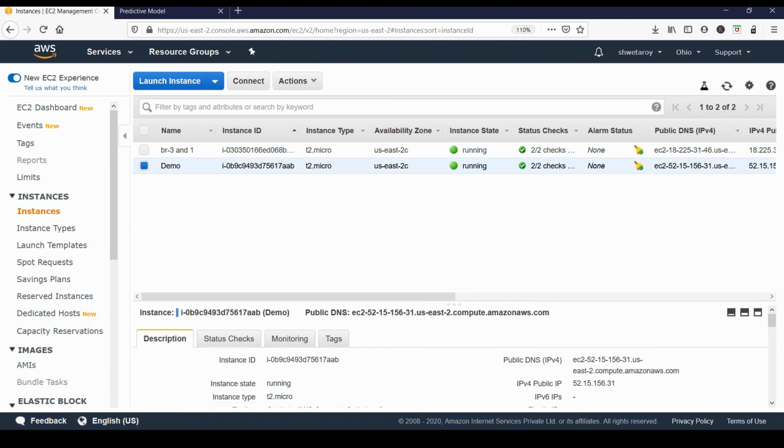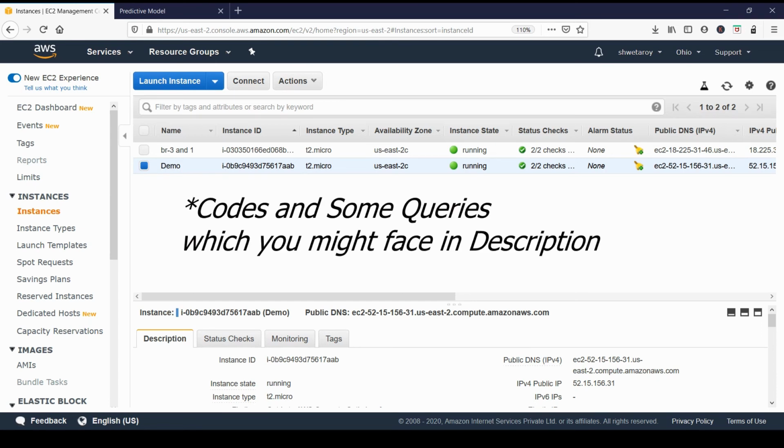So this is all, guys. There are some things which I want to share. What I felt in this method is we are not using PuTTY, so it saves us a step. And while using PuTTY, we also have to make a different keygen pair for PuTTY, which saves us 2 steps more. Plus we are doing this on our command prompt, so it's way too easy.